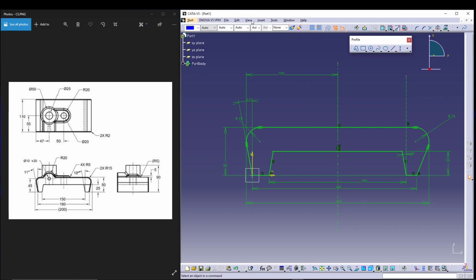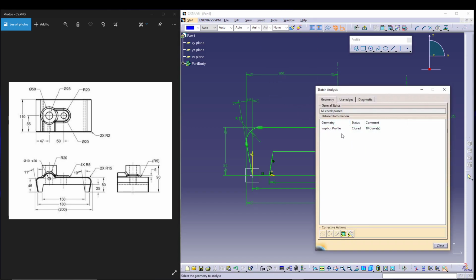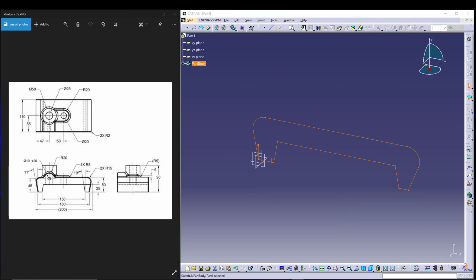You can also come to your tools and go for sketch analysis, and you can see the geometry is closed and with 10 curves. That means our sketch is perfect. So from here we can go for exit workbench, and then let's go for a padding. Now the padding distance, as you can see, is how much? It should be 110. You can see over here 110. So let's go for a padding,